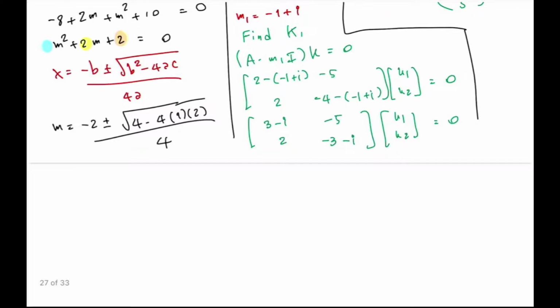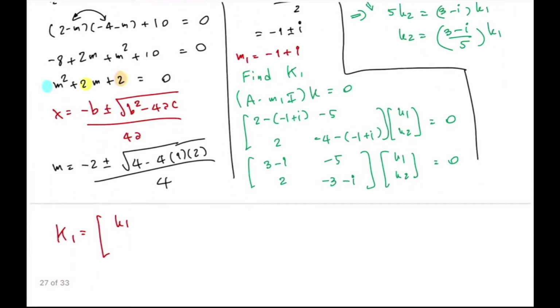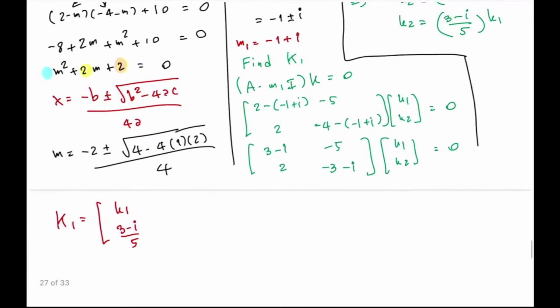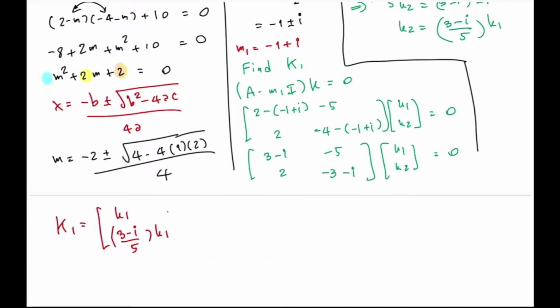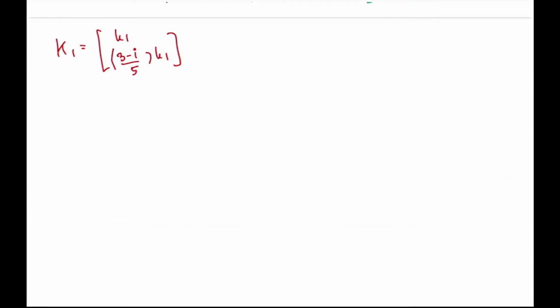So my big K1 would be k1 and (3 minus i) over 5 k1. Okay, so if we pick k1 as 5, we have that our big K1 here is 5 and then 3 minus